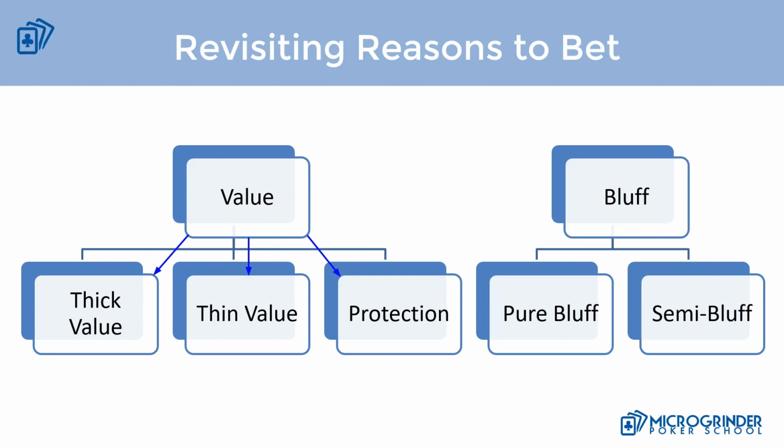Now, in terms of betting for value, it's not the same thing as saying I am betting the best hand. When you are betting for value, you're saying that I think I have the best hand, and if I bet here, there's a very high probability that people are going to call me with the worst hand. And that's the whole premise of value betting, is that we're betting to get value from worse hands, meaning they're going to call. Saying that I think that I have the best hand here, so I'm going to bet, that's not value betting. That's just saying, well, I have the best hand, I'm going to bet, I hope somebody calls. So those are the three different subcategories and the reasons for value betting.